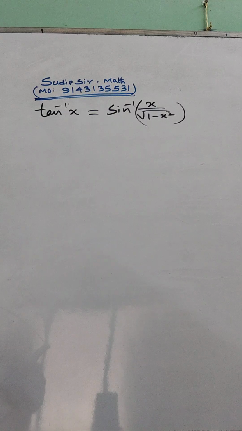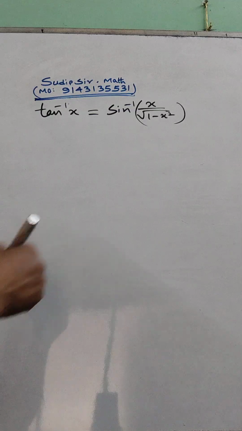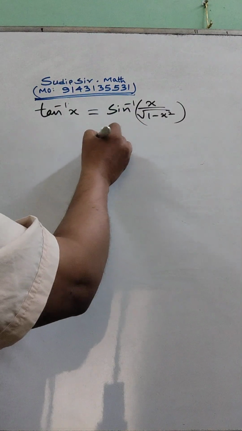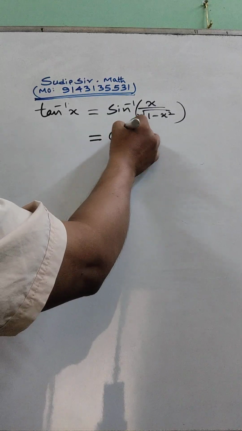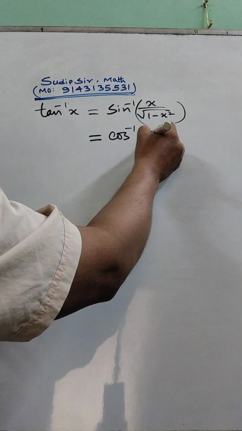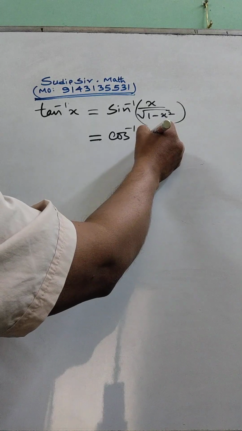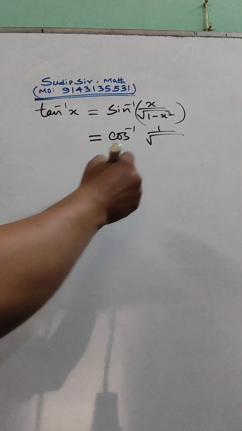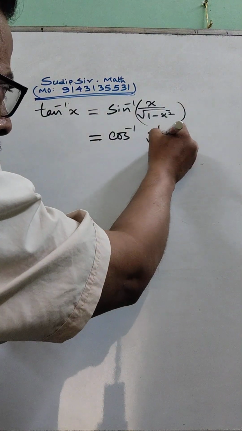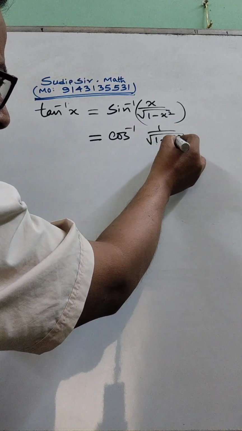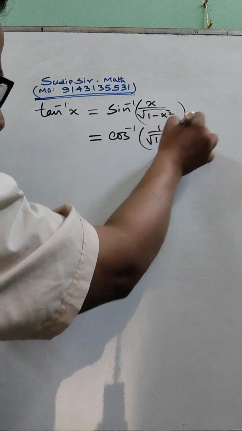Okay. And for cos inverse 1 by root over 1 plus x square, that is 1 plus tan square theta, that is sec square theta. That's why